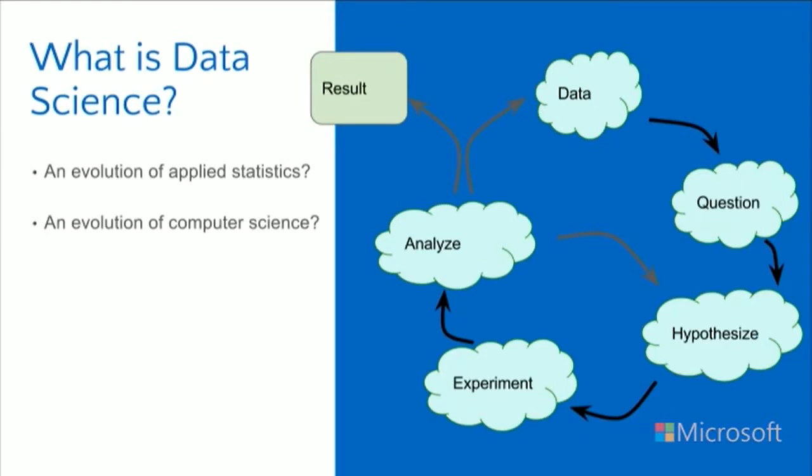So if we look at the scientific method, the general plan is you have data, and you're looking at that data and you want to understand it. The goal of a scientist is to understand how things work. So you ask a question about that data, and you make a hypothesis as to why that happens. You have this model, this hypothesis, like, hey, the answer to my question is blah. Then you set up an experiment, then you analyze the results of that experiment, and then you